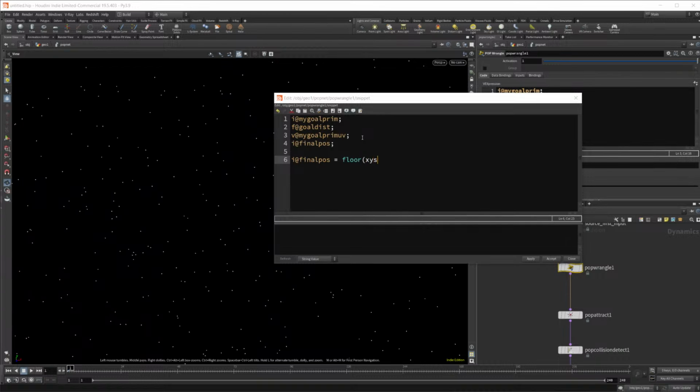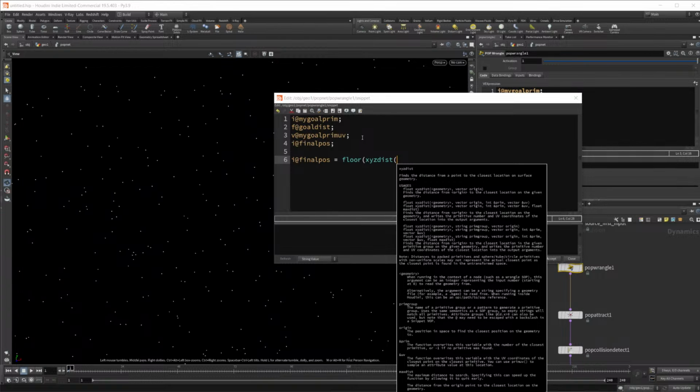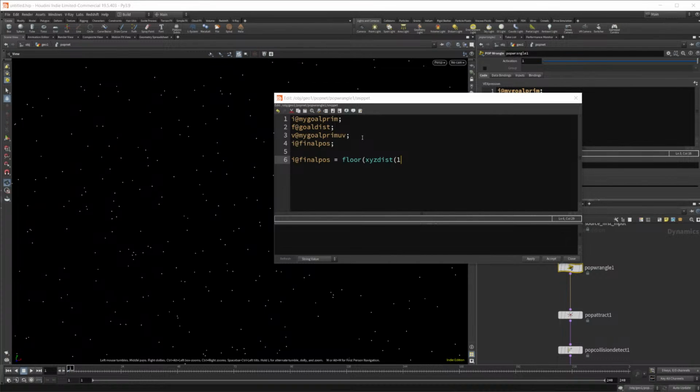So then we can use our xyzdist function to create this. We'll reference our first input, which is going to be our spawn geometry, so the sphere that we created with the mountain node on it. And then we need to take in our position that we currently have, and then we want to write to these primitives that we created, or these attributes that we created. And these don't actually have to be attributes. You can use just the